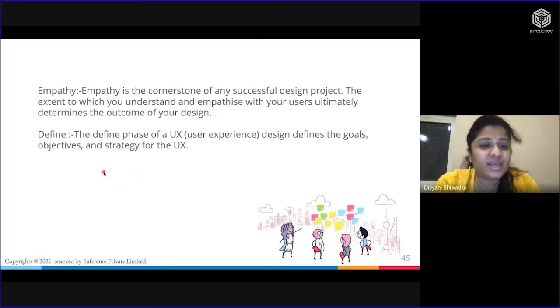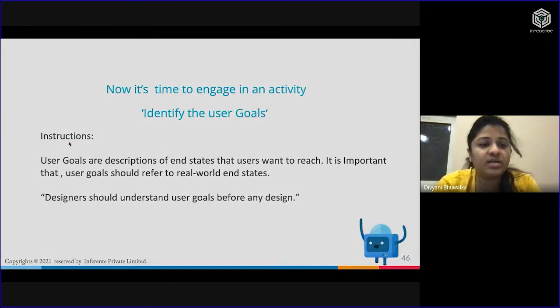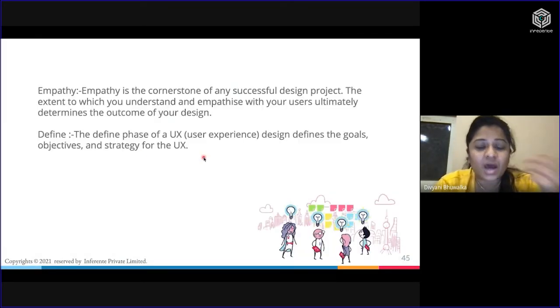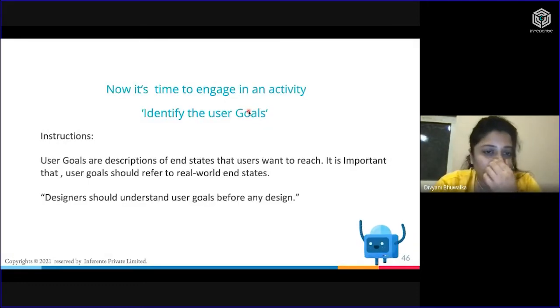So yeah, I was just saying, empathy is where we try to understand the pain points of the users. Then we start defining how the goals of the user should be met. We strategize on how that can be improved and all that. So I think, yeah, we'll do